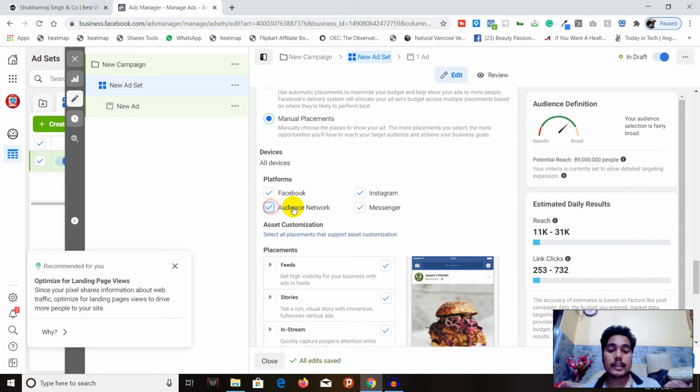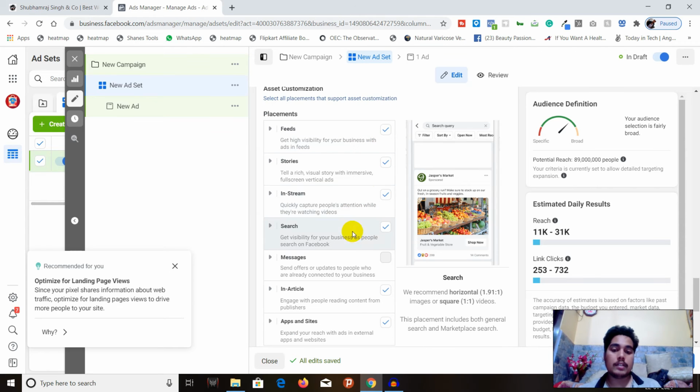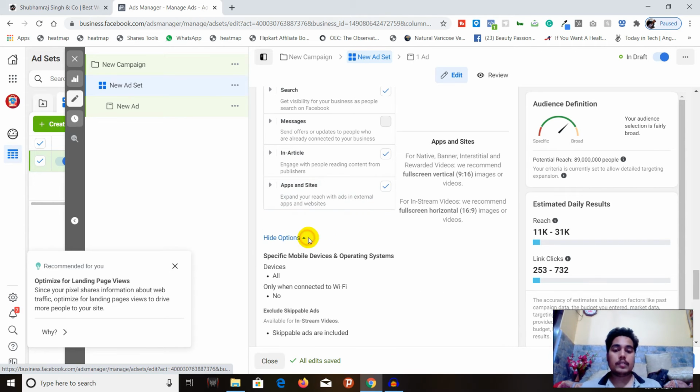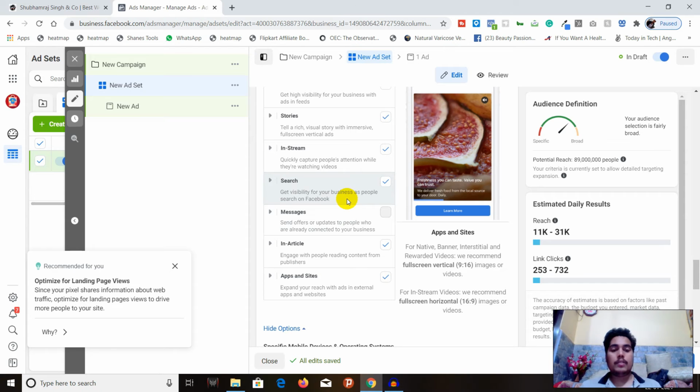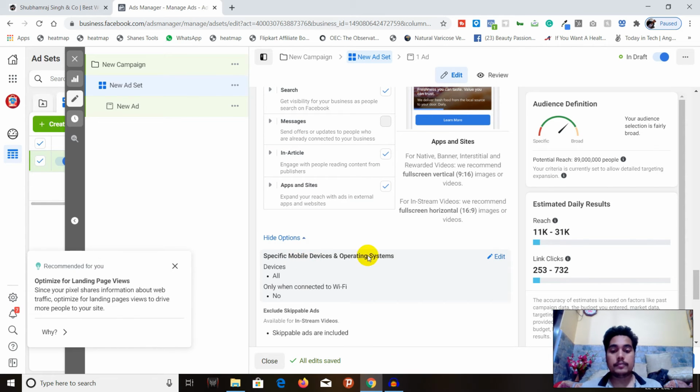You can select Facebook, Messenger, Instagram, and you can also choose where you want it: feeds, stories, stream, search, and much more. I usually go for manual placement, not automatic, because there are some bad platforms here which don't give you the ROI. So yeah, it depends on you.